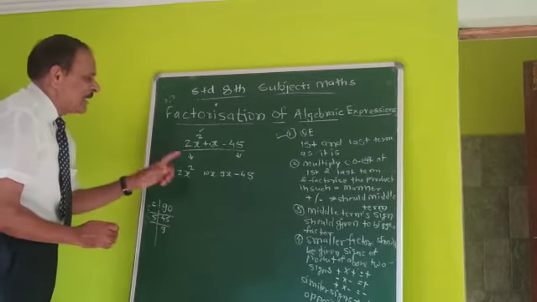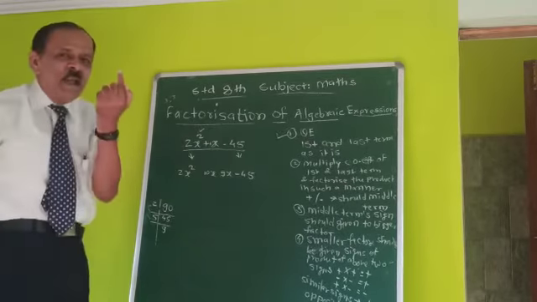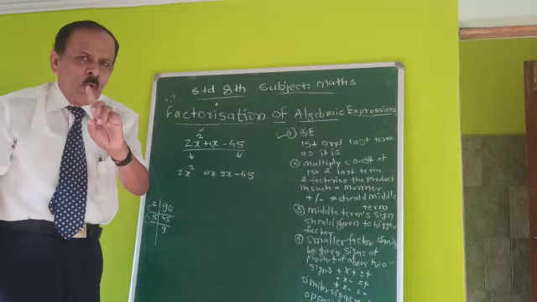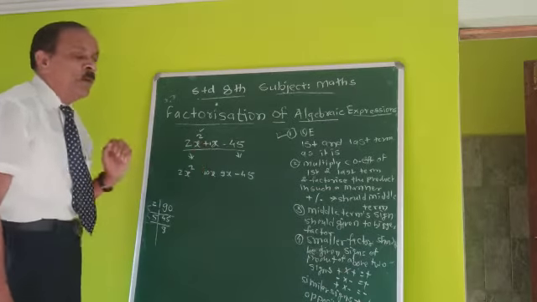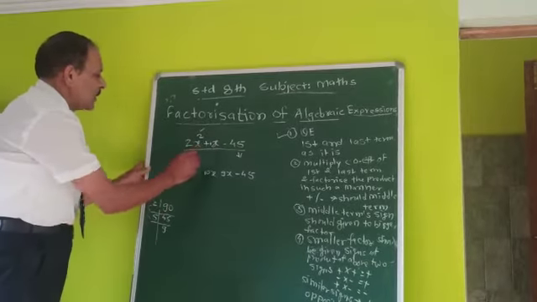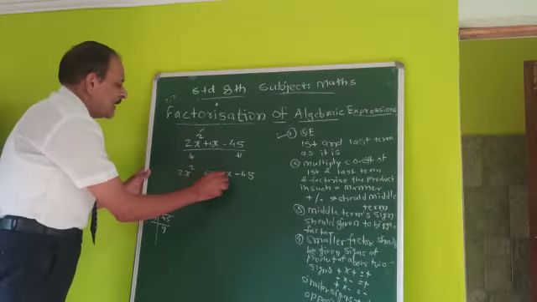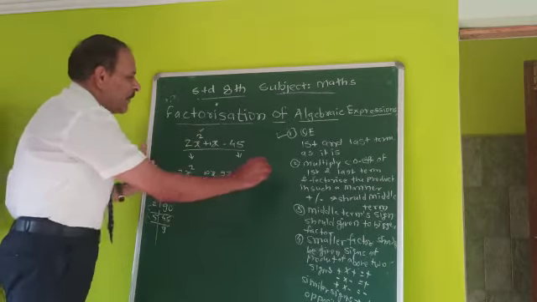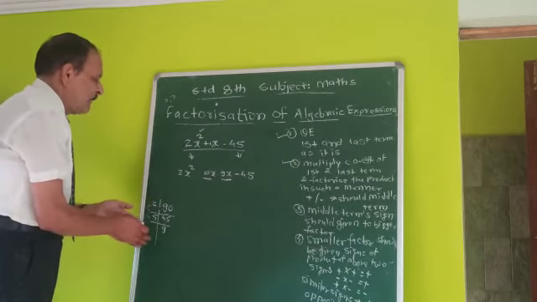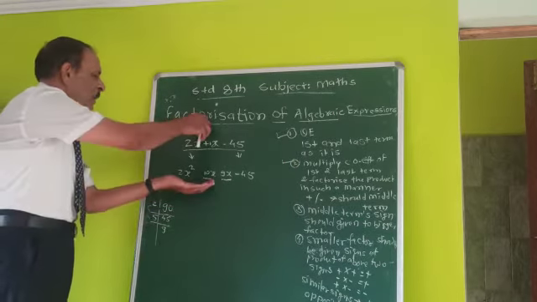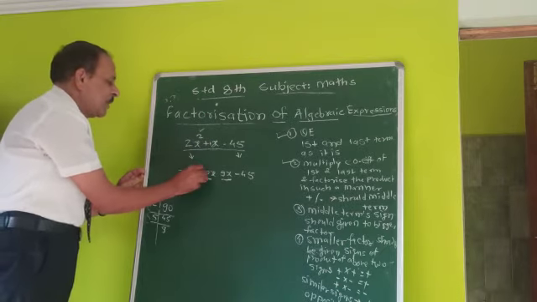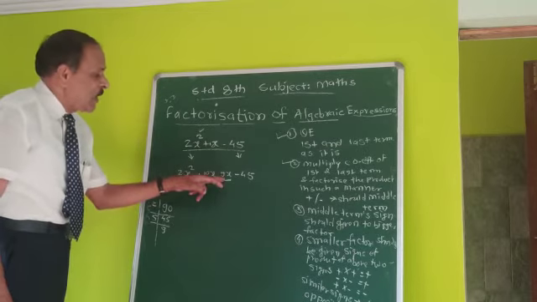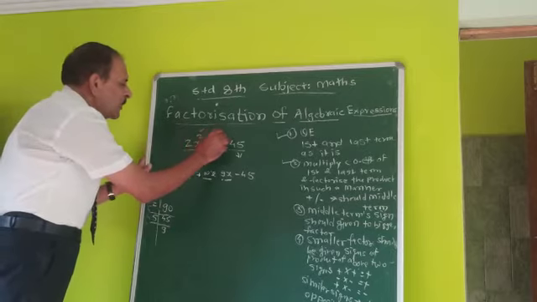Factorize 90 in such a manner that either addition or subtraction should be 1. Means the middle term's coefficient. The middle term has got no coefficient, meaning it has got 1 as a coefficient. Okay, so here 10x, 9x. So here about the sign, multiplication we have done, factorization we have done. About the sign, I told you the middle term sign is to be given to the bigger factor. Here the bigger factor is 10 and the smaller one is 9. What sign should be given to the smaller one?